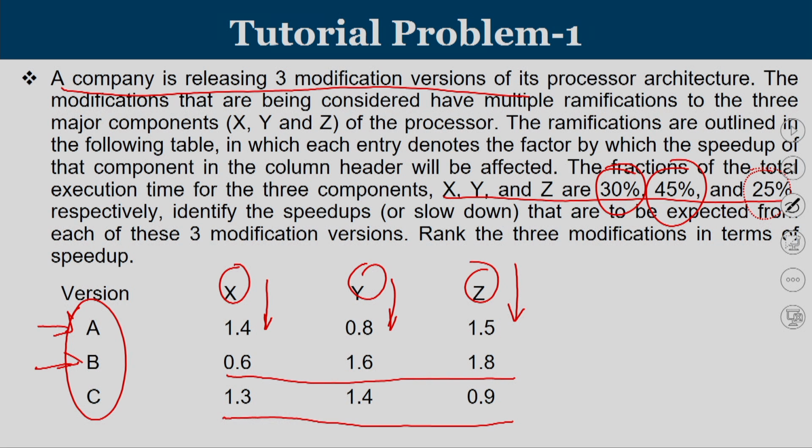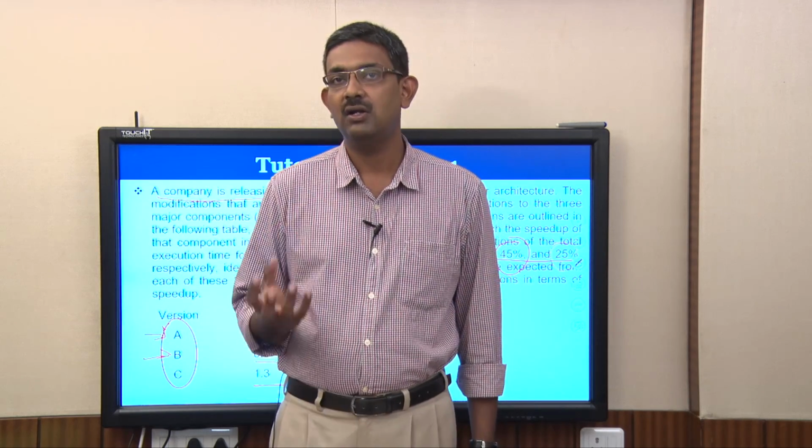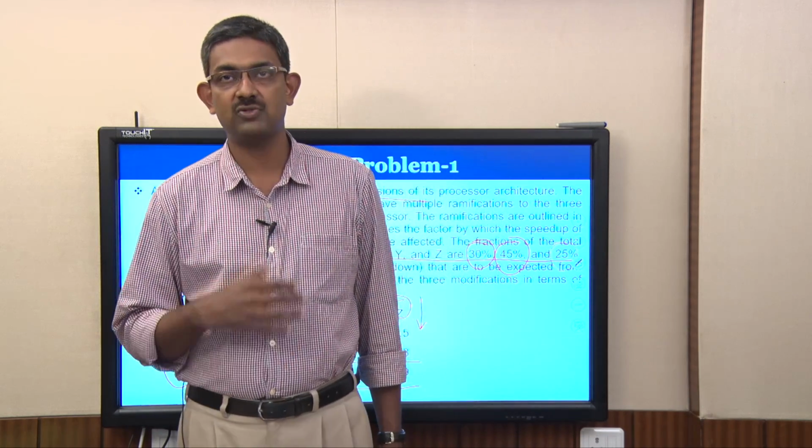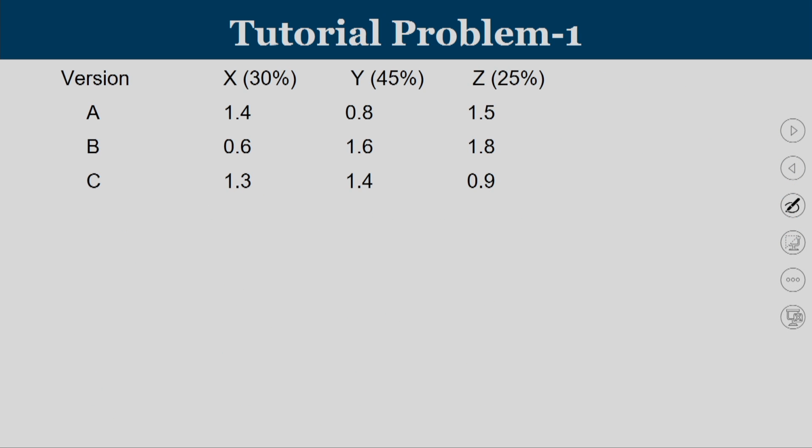So, what is the overall speed up that you are going to achieve? There are basically 3 components that we are going to divide into, X, Y and Z. All this code will either go to X or go to Y or go to Z. Let us try to solve this problem. This is the way by which the summary of the task has been given, and we know that Amdahl's law is going to apply here because we are going to have some kind of a speed up.